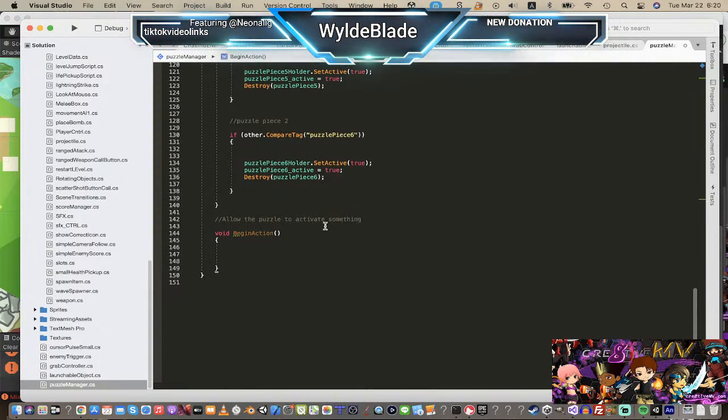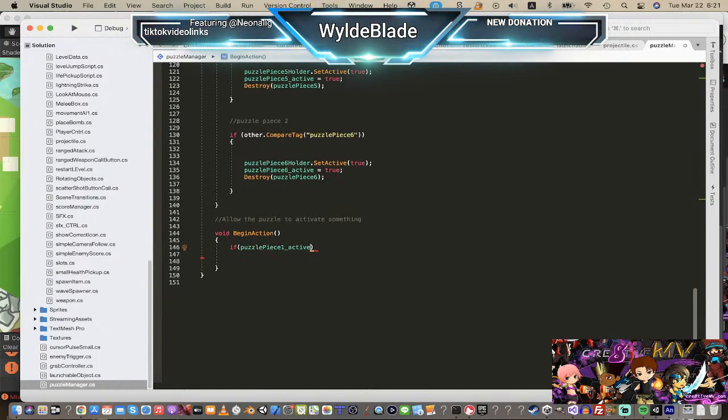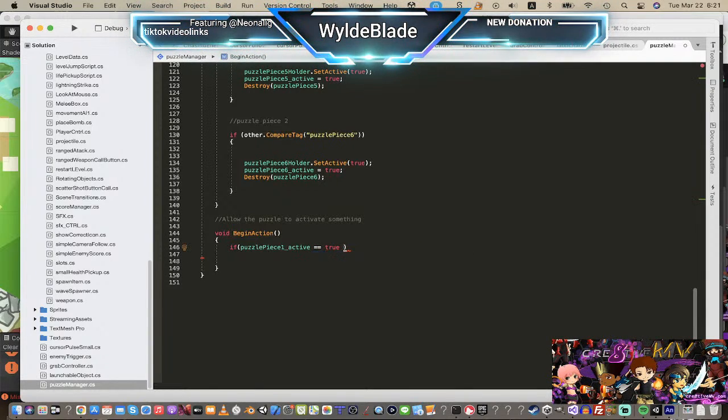Okay, so this will be an if statement, and it's going to be a rather long if statement. It's going to be like: if puzzle piece dot one active equals true, and then and. So we're just going to copy all of this, 1 through 6. So if all of these conditions are true,